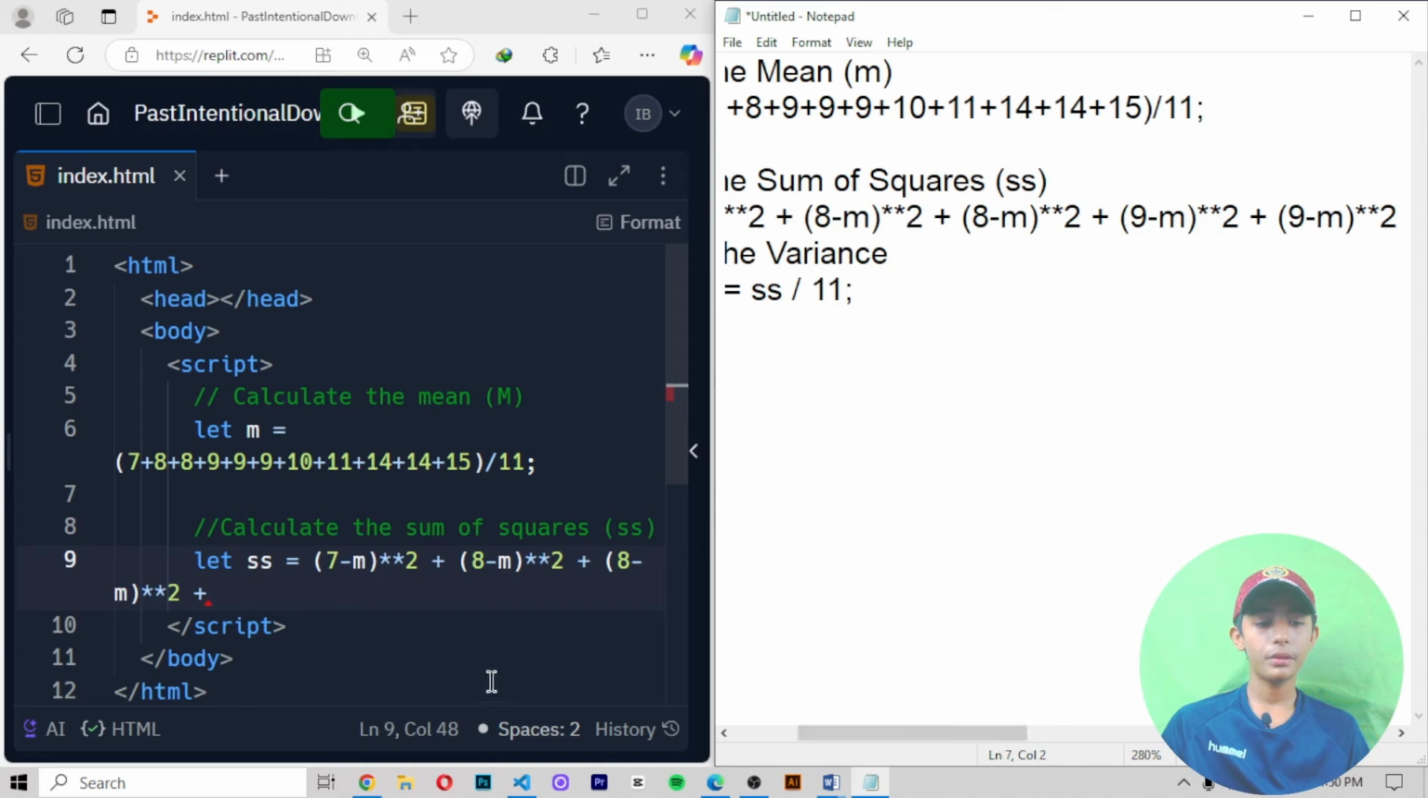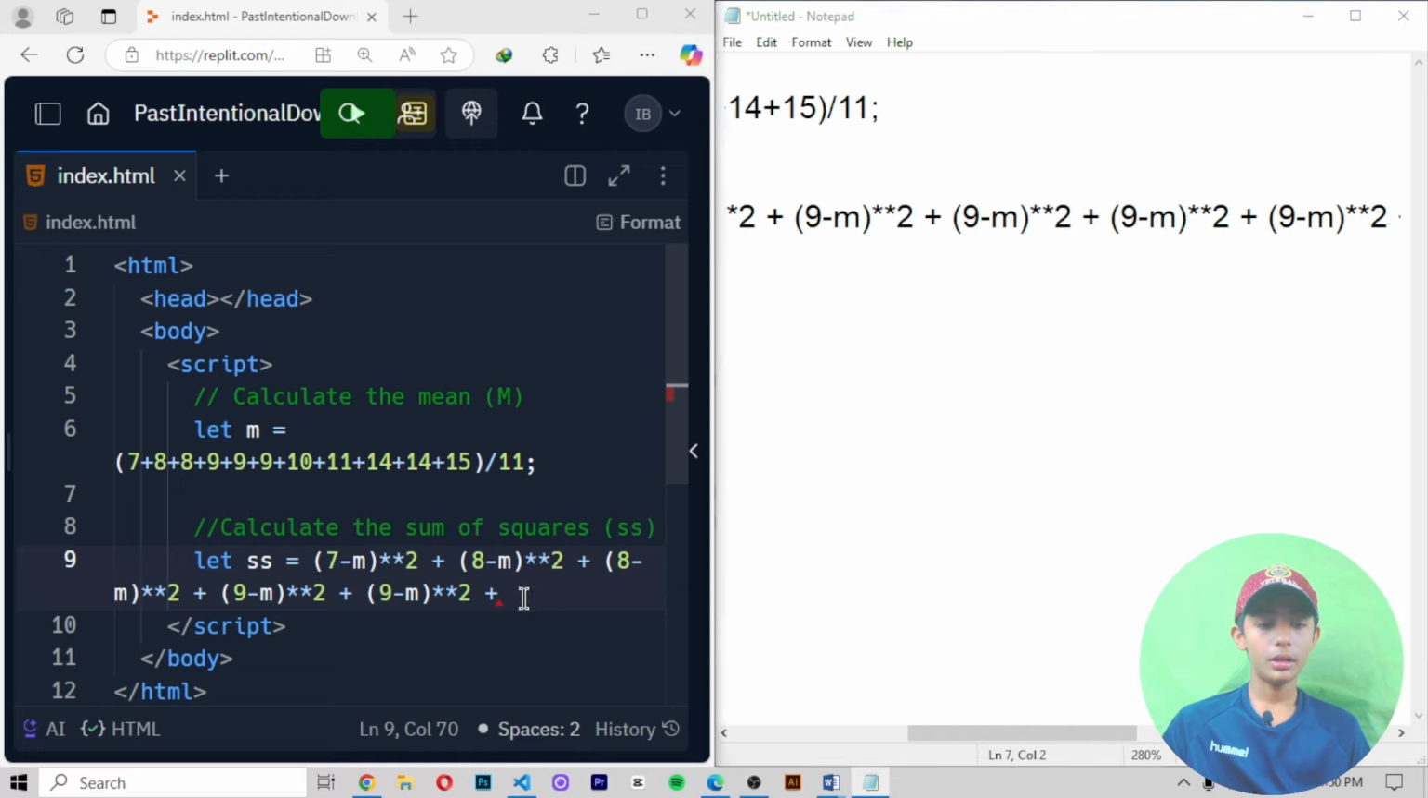And now we write here 9 minus m, multiply 2, then plus, then here we write 9 minus m, multiply 2 plus, again you write here 9 minus m multiply 2,